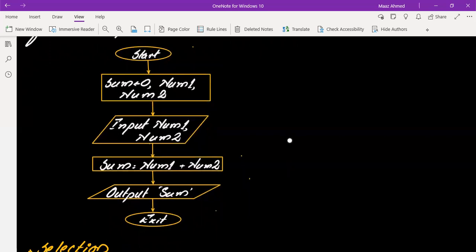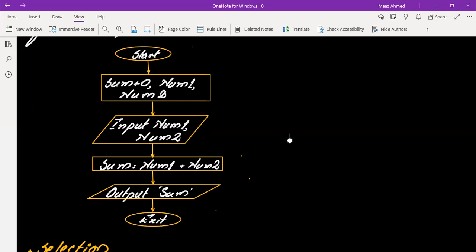I just start up my program, and first of all I need to declare the variables. Now I took a variable sum, and the initial value for sum is 0, because obviously if I'm going to add anything to it, मेरे पास फिर 0 के अलावा कोई भी और value आ सकती है. I haven't placed a value for num1 and num2. Num1 and num2 are the two variables that will contain the values given as input by a user. Okay. So just after that I have placed an input box, क्योंकि मैं input ले रहा हूँ यहाँ पे